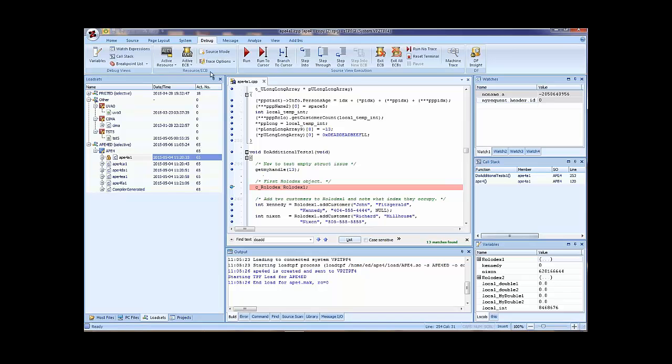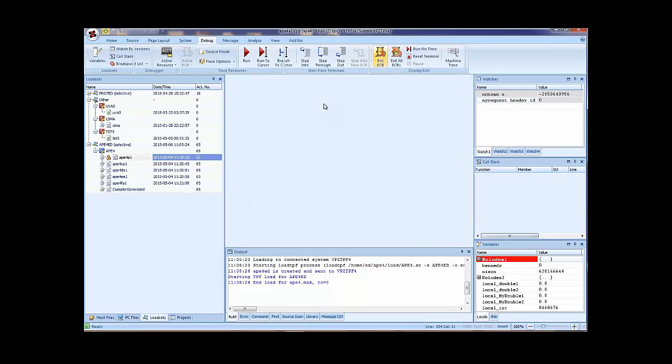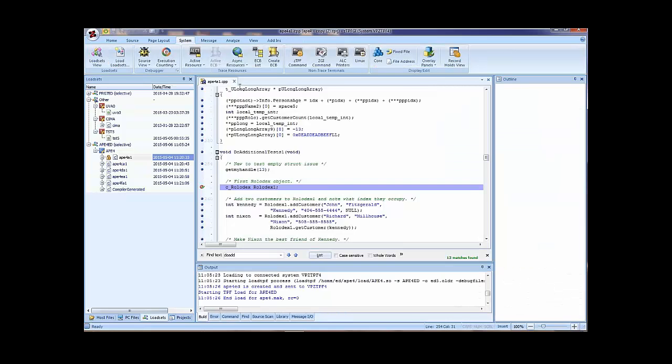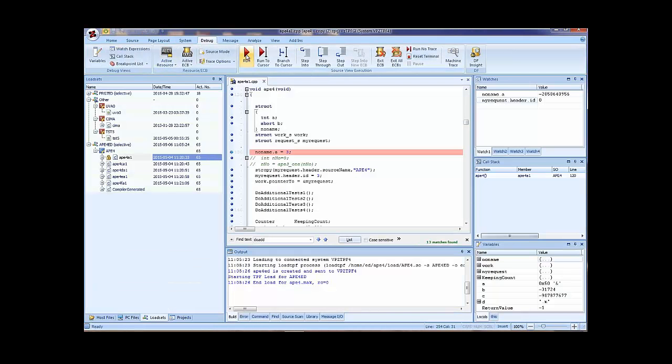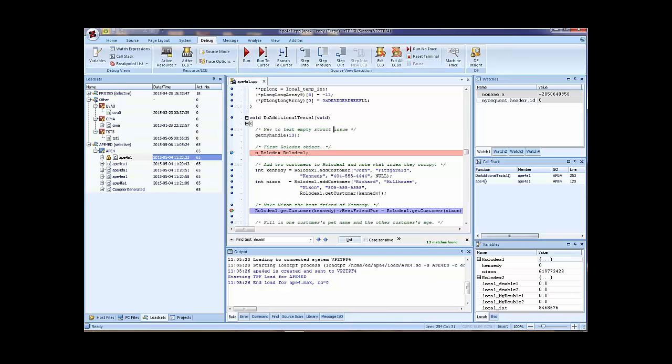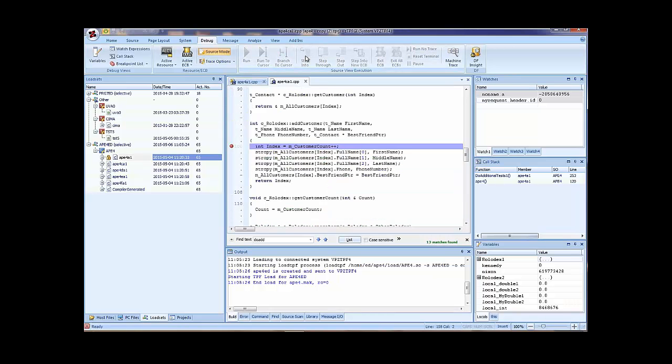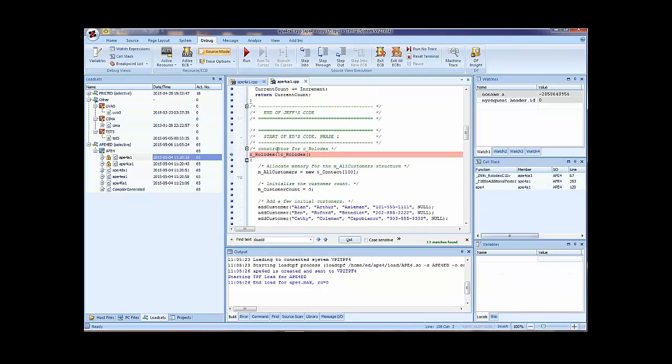Now without source mode on, if I say step into, it really does a step over because it's not locked in. Okay, I'm going to just exit this ECB, go back to where I was to show the difference when we're in source mode. I'll run to that breakpoint. Okay, now if I turn on source mode and I say step into, it locates the file and it locates the source, opens it, locks it in,